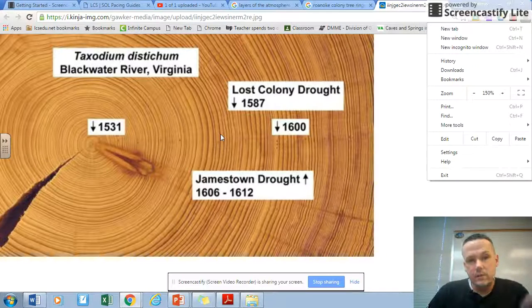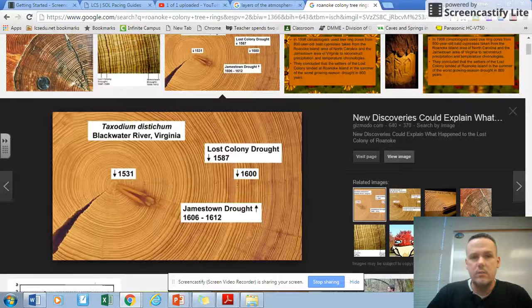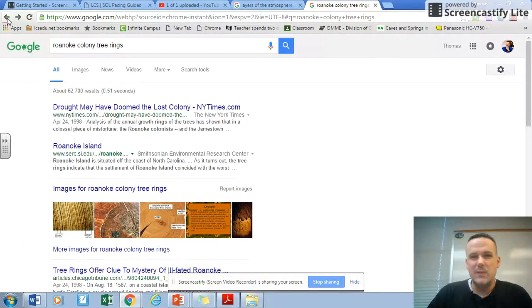It's a theory that they were drinking water that was laden with salt. And how do we know that? We know it from tree rings. That's pretty cool. So we can look back and see climate through these different methods, ice core samples and tree rings.